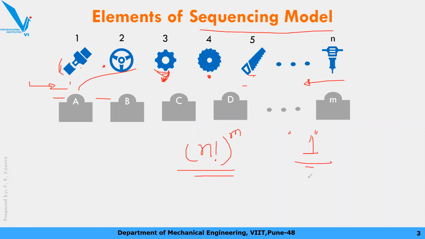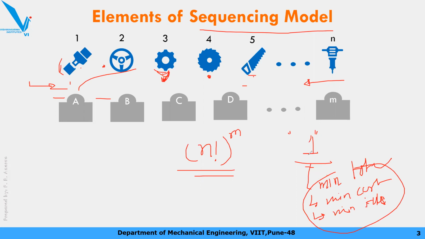Which sequence will give you the best result? The objective might be different. The objective might be to minimize the total time, or to minimize the cost, or to minimize the idle time only, so that you don't want your worker or operator or machines to be idle for more than 2 hours or some period of time. So that could be the aim. This aim will be achieved only if we select an optimum sequence of operation.